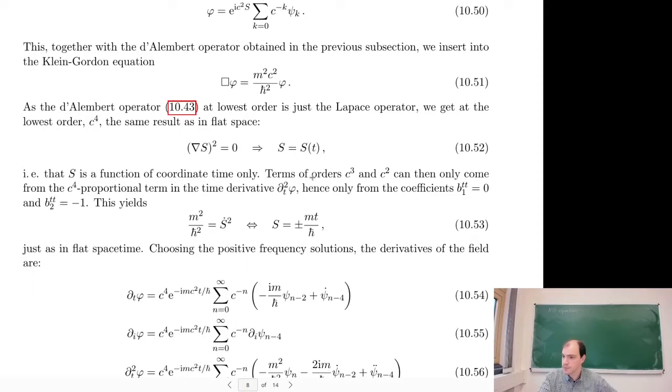we find that this phase s must in fact be plus or minus mt divided by h bar. So again, we get a positive and a negative frequency, positive and negative energy solution, with exactly the same phase factor in front. So again, we just choose the positive frequency solutions, and then we can, with this specific value for s, now